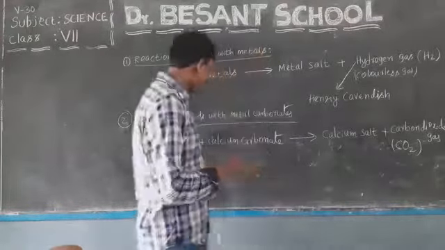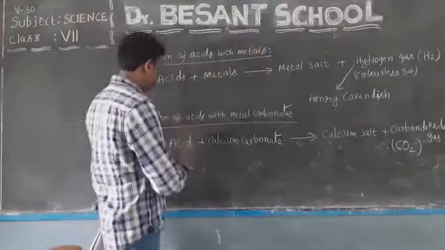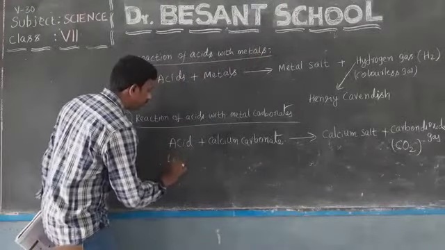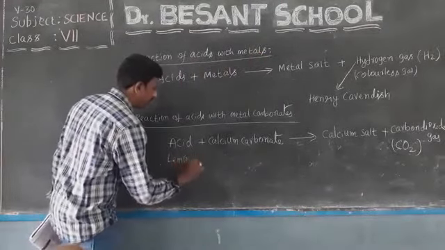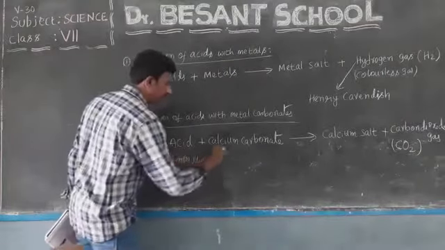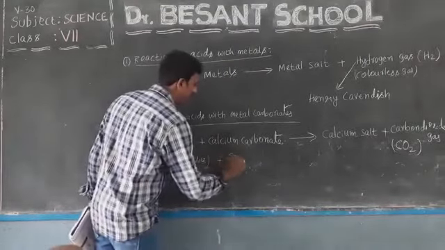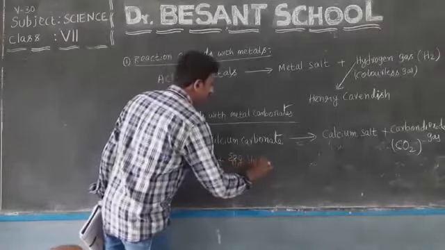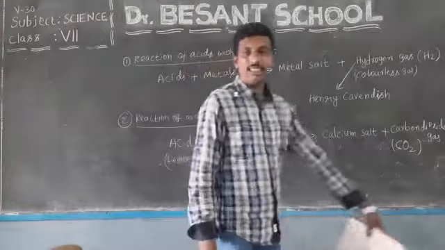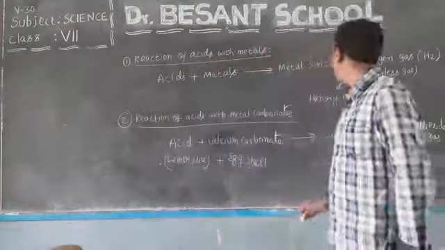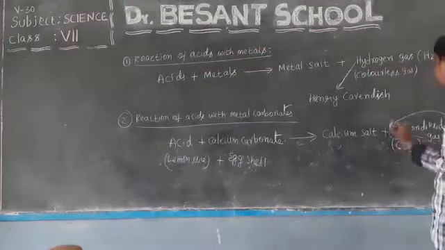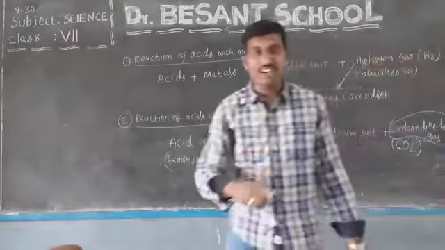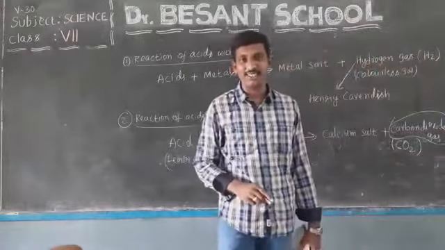Okay, so here the acid we have taken is lemon juice, the example activity in our textbook, and the calcium carbonate is nothing but eggshell. These two react, a chemical reaction takes place, the eggshell dissolves completely, and you obtain carbon dioxide gas. And one more test for carbon dioxide gas. Do you remember that? Yes.